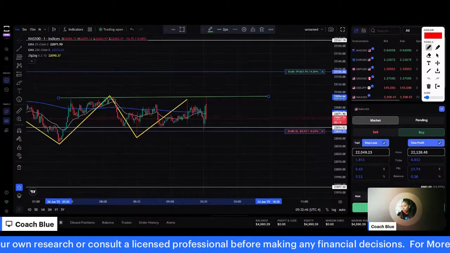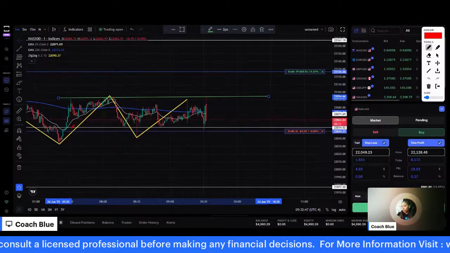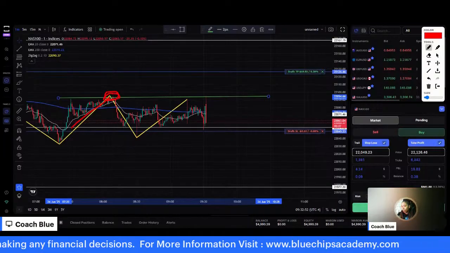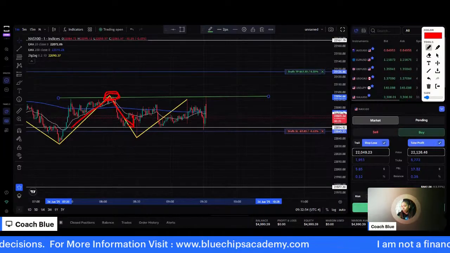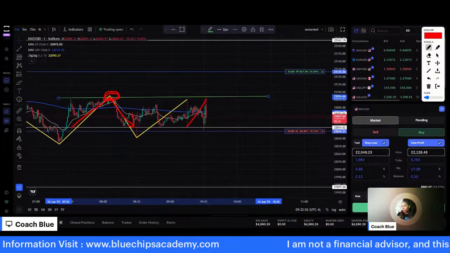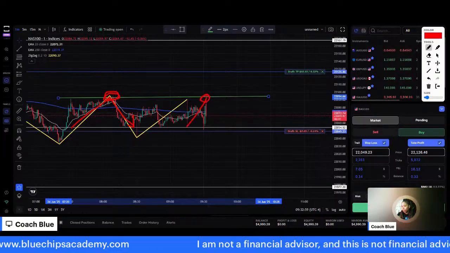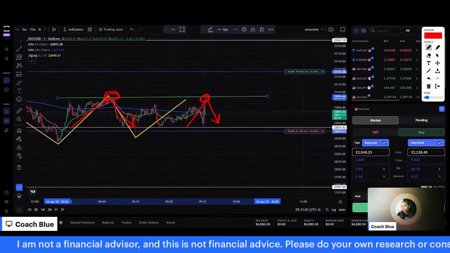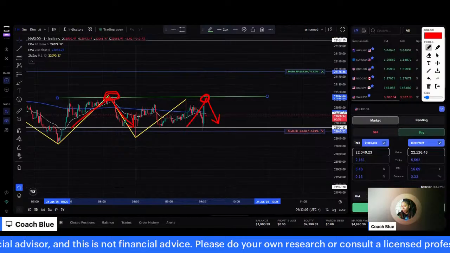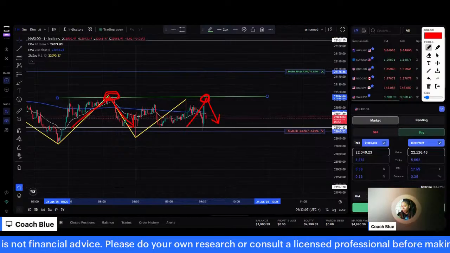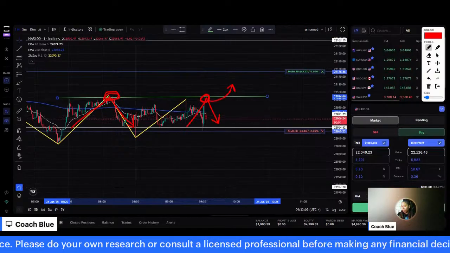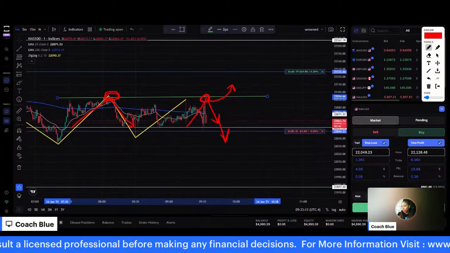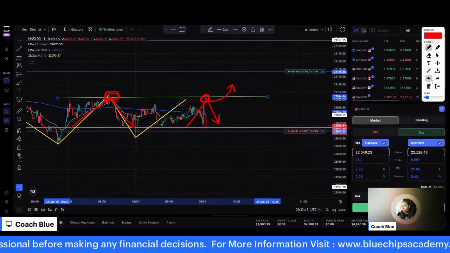Remember, we look at the patterns. When price came up here in the past, it hit a ceiling. What did it do? It went down. We're getting right back up. Look how price is reacting to the same area. Came right back here. What is it doing? It's getting some resistance to push to the downside. So now what we have to see is, do the bulls have enough strength to break past here? Or is price going to continue to reverse to the downside? We just make adjustments based on the way price is moving.